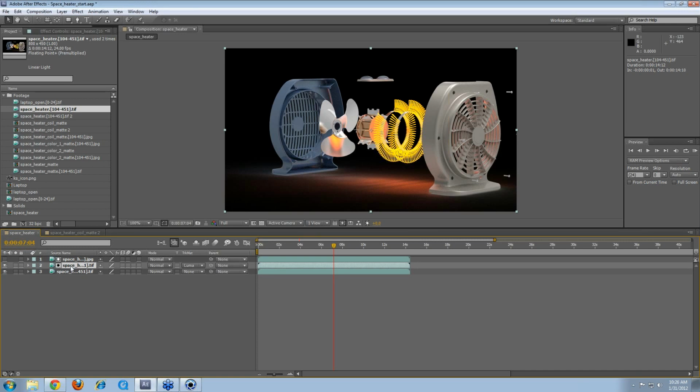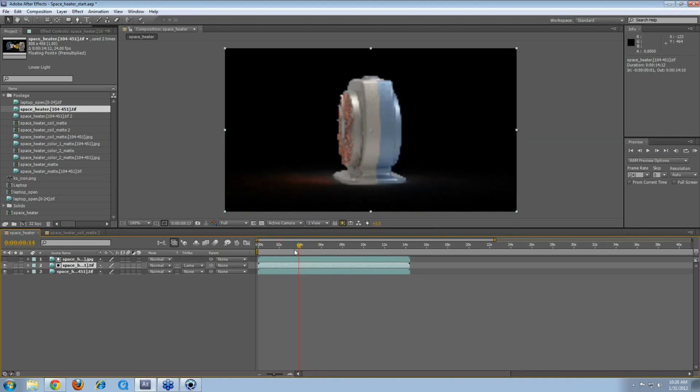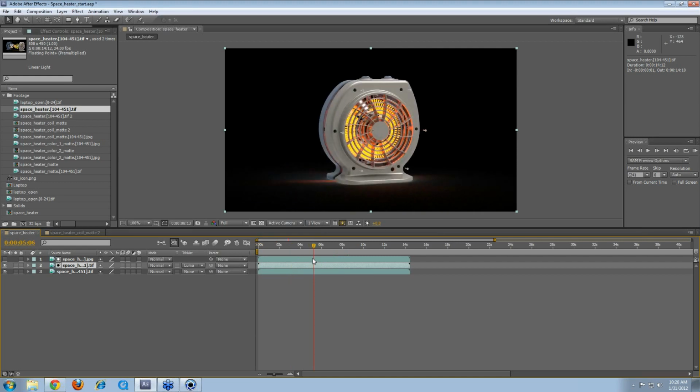So what you can do is take this, and for those of you who use Photoshop, if you are familiar with flattening layers, so a lot of times in Photoshop you'll have all these layers that work together, and once you are happy with what you've set up, you can flatten them, and that basically consolidates everything onto a single layer. And that's what we're going to do right here with these two mattes. So we have the coils, and we have the layer that allowed us to subtract that. So I'm going to select both of those, and I'm going to